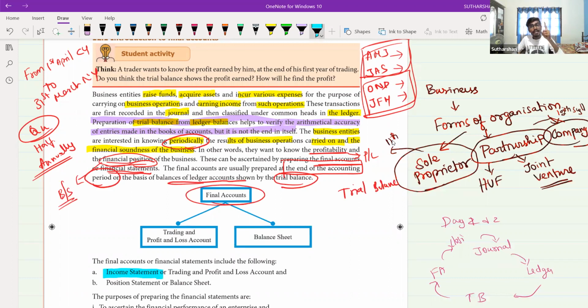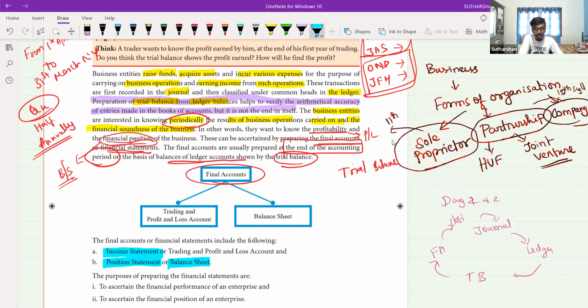This will help you in your CA Inter career. If you are going to study a professional course, the income statement will help you. Then the balance sheet, or else we will call it the positional statement. Okay, then